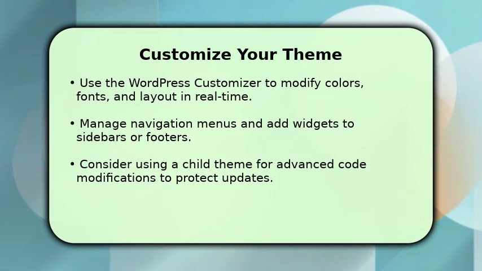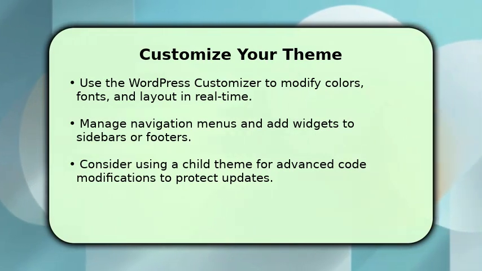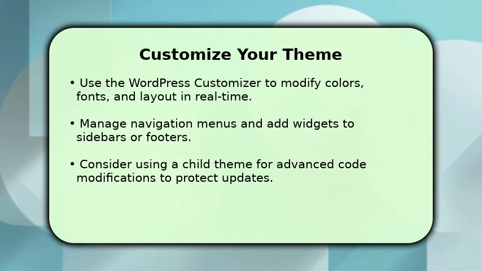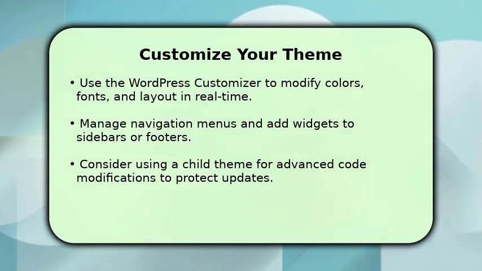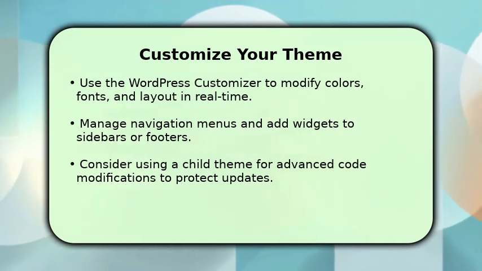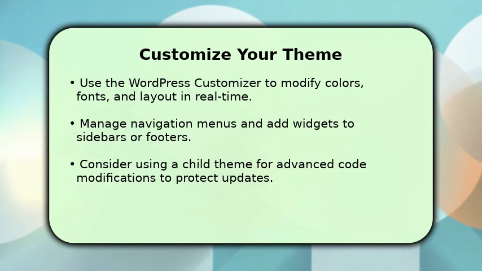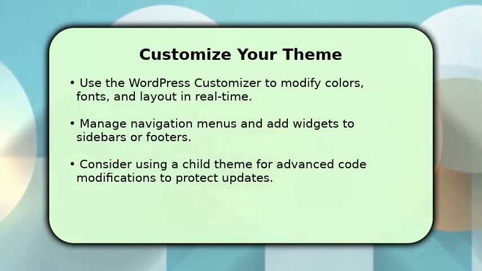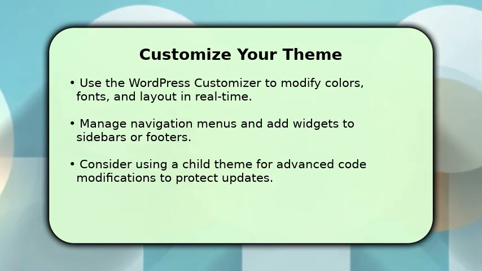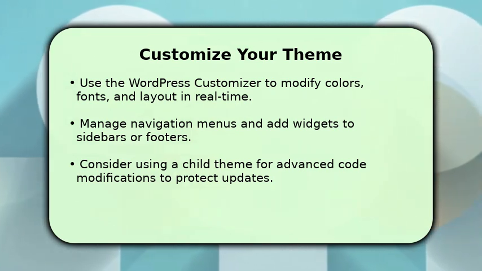After activation, you'll want to personalize your theme. The WordPress Customizer, found under Appearance, allows you to make real-time changes to elements like your site title, colors, and header image. You can also set up your navigation menus and add useful widgets to various areas. For more in-depth changes, especially if you're adding custom code, a child theme is highly recommended to preserve your modifications